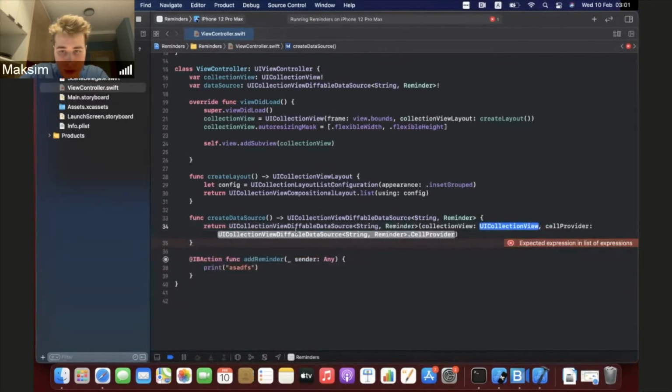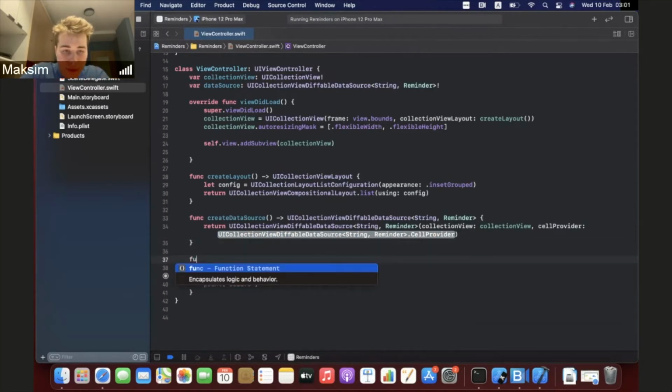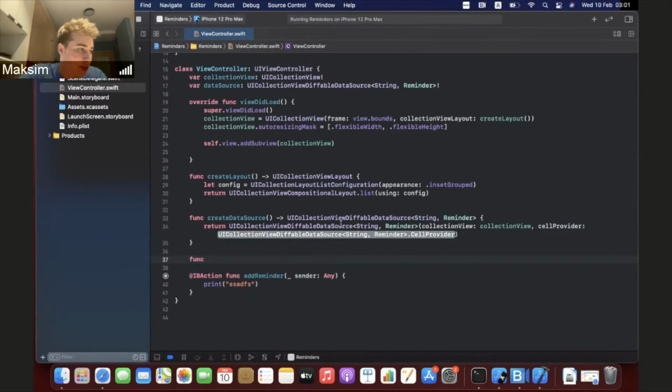There we go. So the data source actually needs a collection view and a cell provider. The cell provider itself is actually a closure, and I know you guys haven't done closures yet. So we're gonna be taking another route. In order to mimic the closure behavior, we're gonna be writing another function, and I'm gonna explain what that function